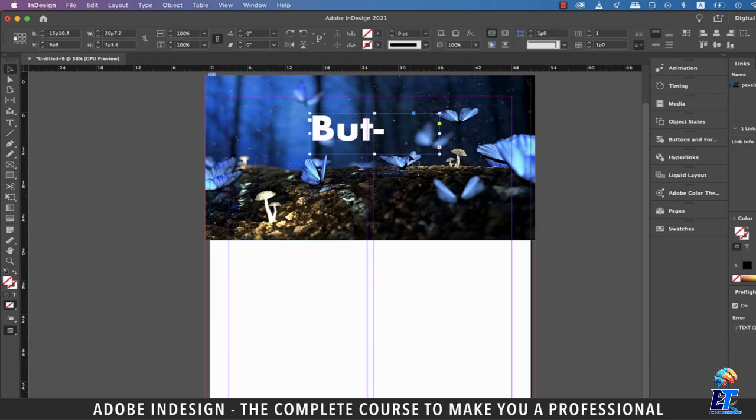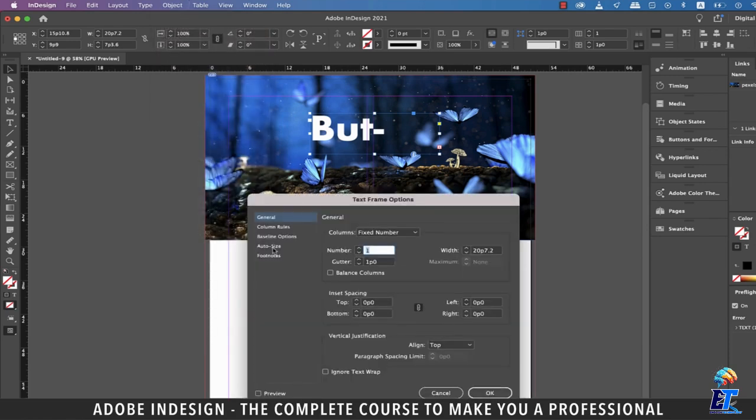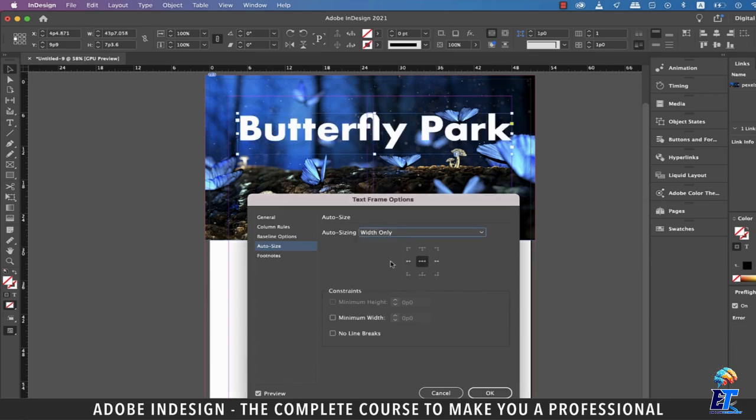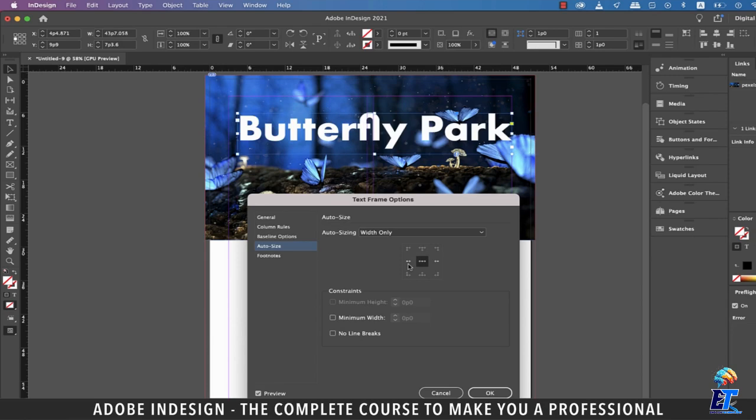To correct this, with the text box selected, let's go to Object and then Text Frame Options, and from the pop-up menu, switch to the Auto Size tab. Ensure that the Preview box is checked and change the Auto Sizing option to Width Only. The alignment reference point is already selected as center, so you can pick the center left option to see how the text box reacts to it. I think the center reference point is perfect for our text box here, so let's change it back to center